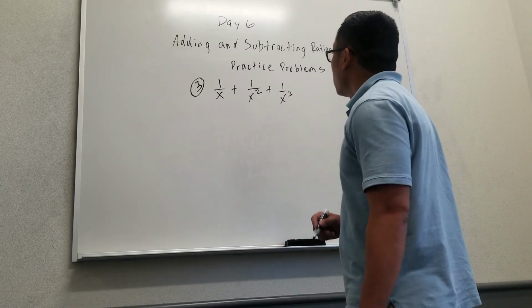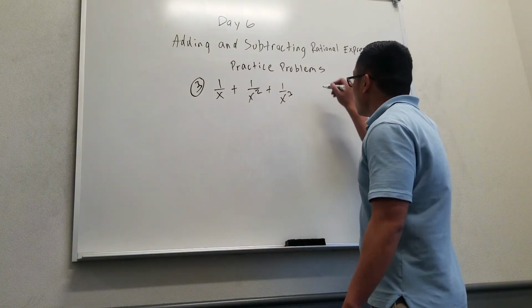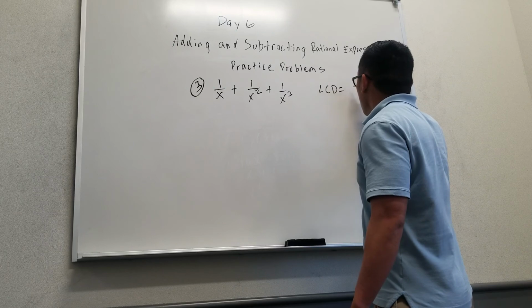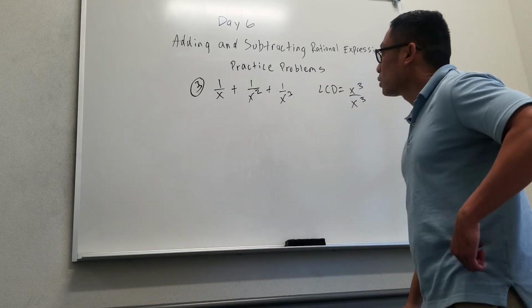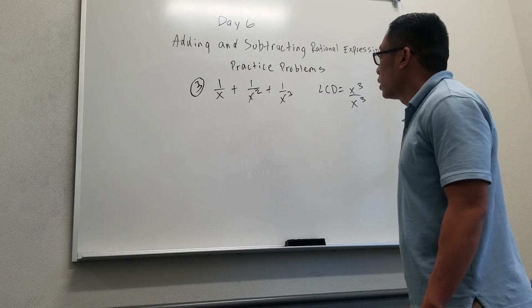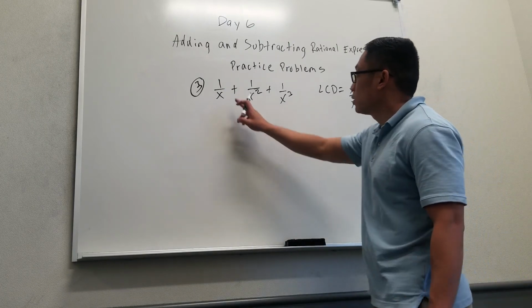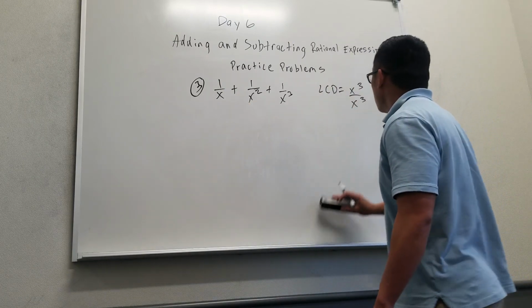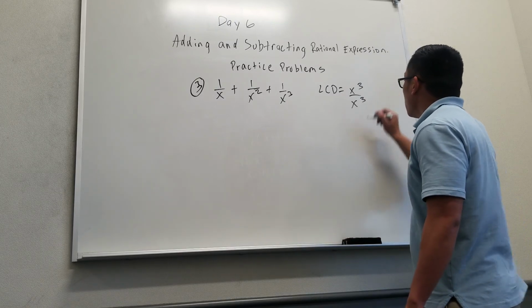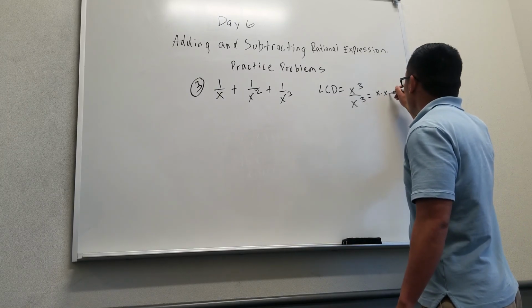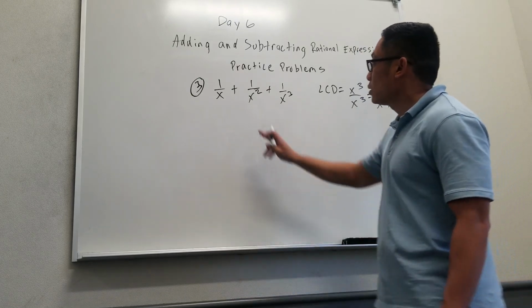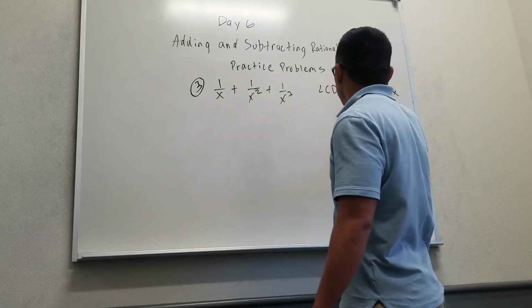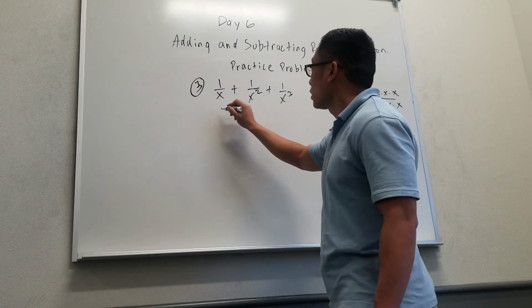So what do you do here? So the LCD is just what? X cubed, right? I'm making sure I wrote it. I don't really have to, but in this case, this is missing what? An x cubed is really x times x times x. I know I gotta do the same on the bottom. So in this case, this one's missing two of these, right? So it's x squared